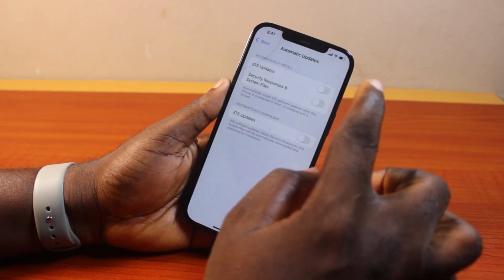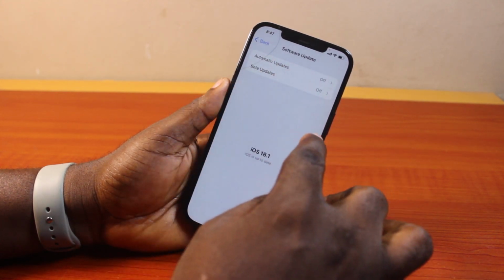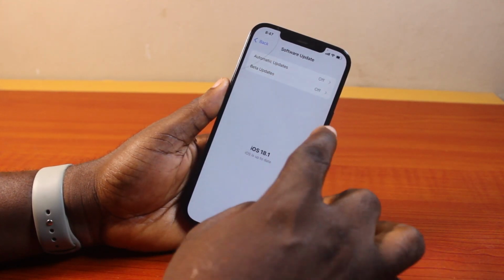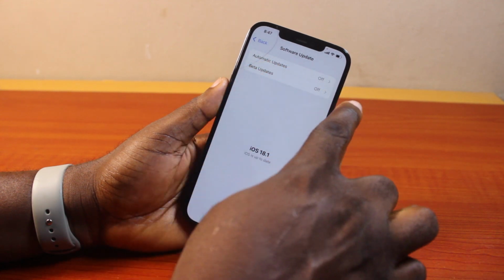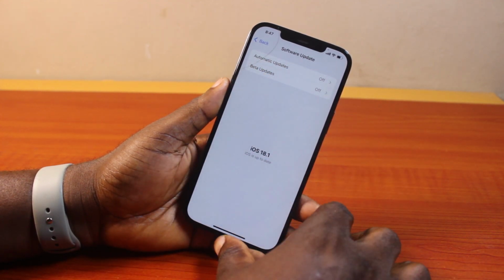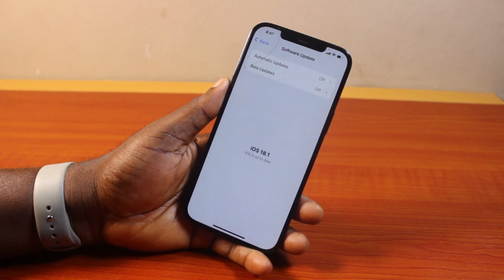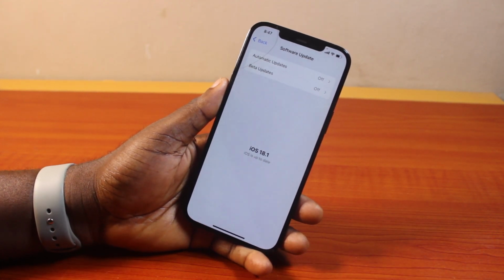And henceforth, your iPhone will stop downloading updates automatically when available, and it will stop installing the update automatically. So the moment you see automatic update off, and if you're a beta user and you see beta update off, then you're good to go. So that is all you need to do when you want to cancel iOS updates on your iPhone, to stop receiving the update automatically and stop your iPhone from